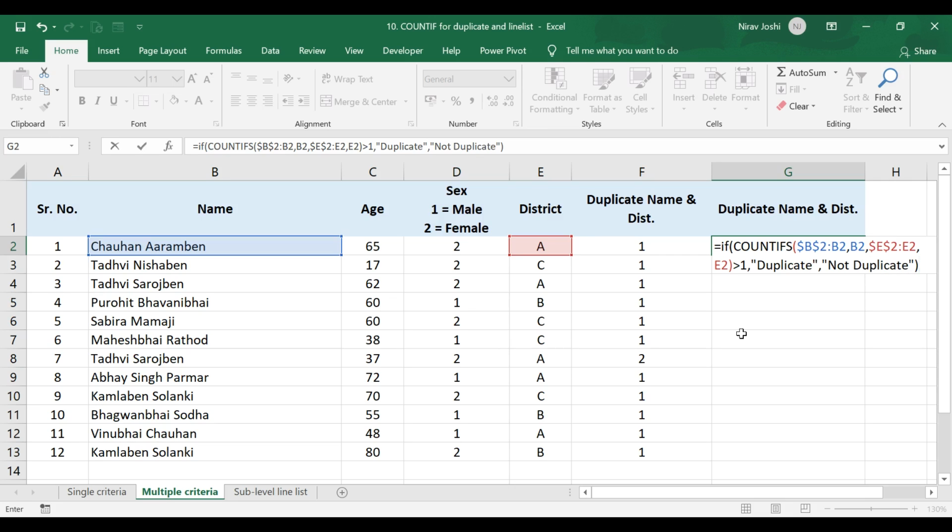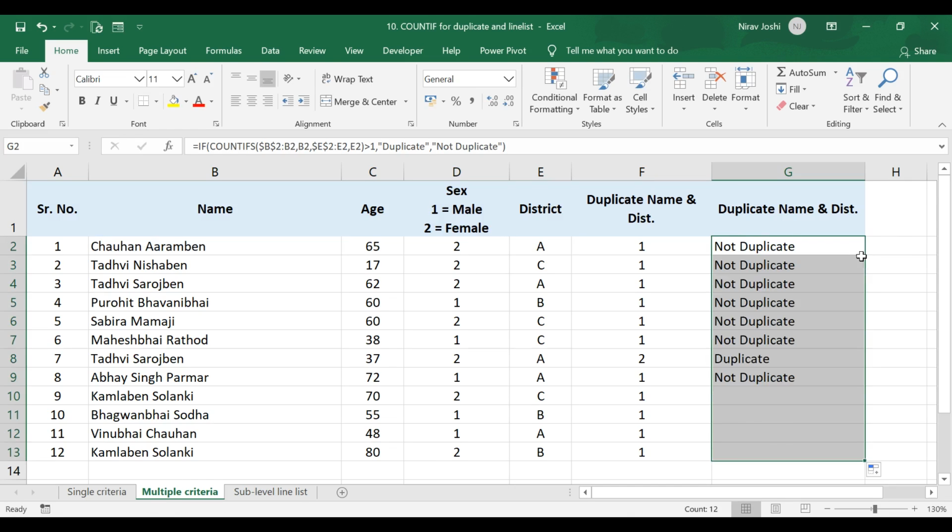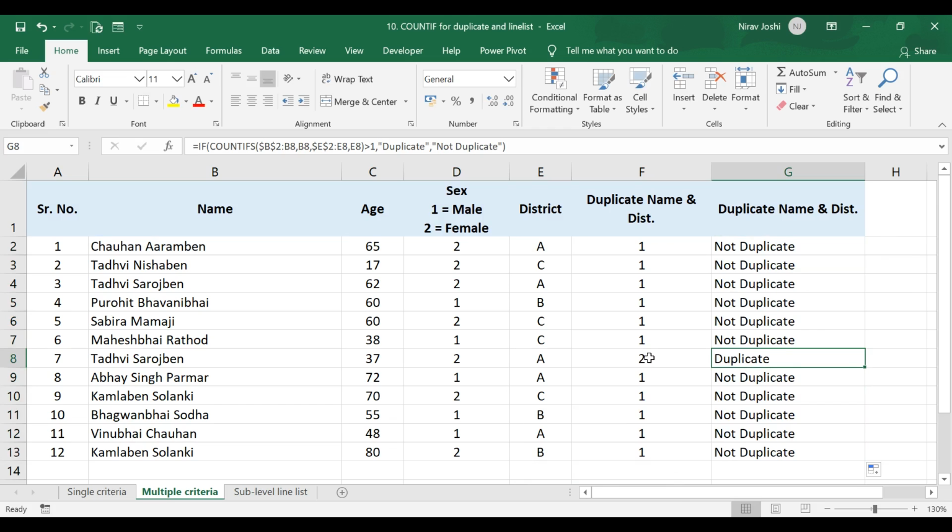Complete the parenthesis, press enter and drag this one downwards. So wherever we were having value more than 1, that is here, it will show the word duplicate. So this kind of outcome will help us to easily identify the duplicates and remove them, and to analyze the data in a very effective way.